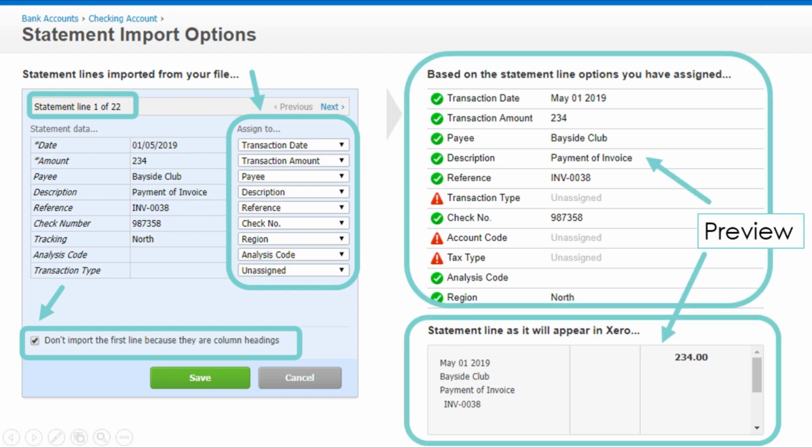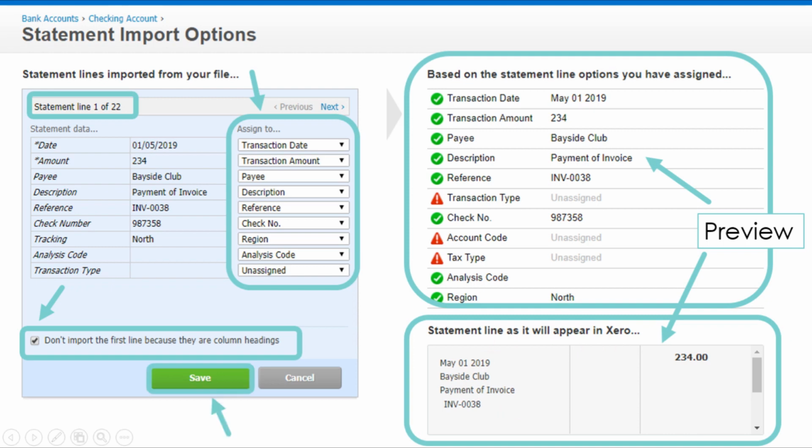So what are these here? These are the preview of what has been imported by Xero. Just have a look at all this information here. This is the first row, statement line 1, and this is how it looks in Xero. So all this information here, you just have a look and check if it's okay. If it appears okay and you accept how it looks,